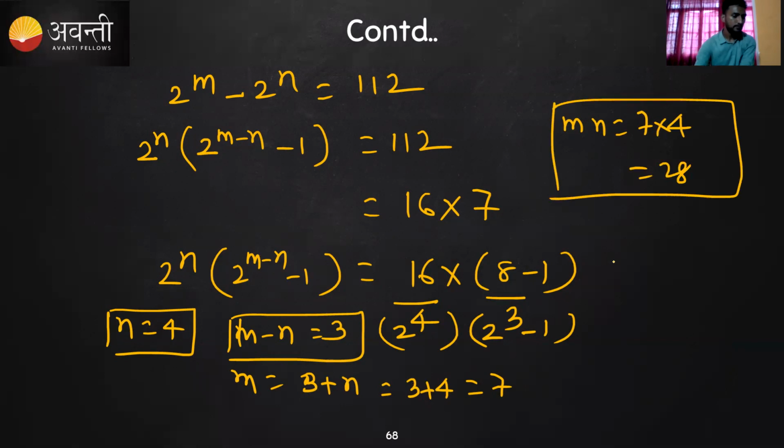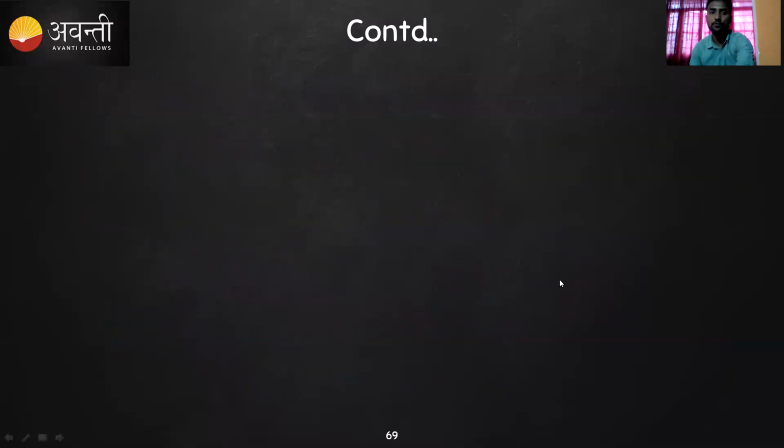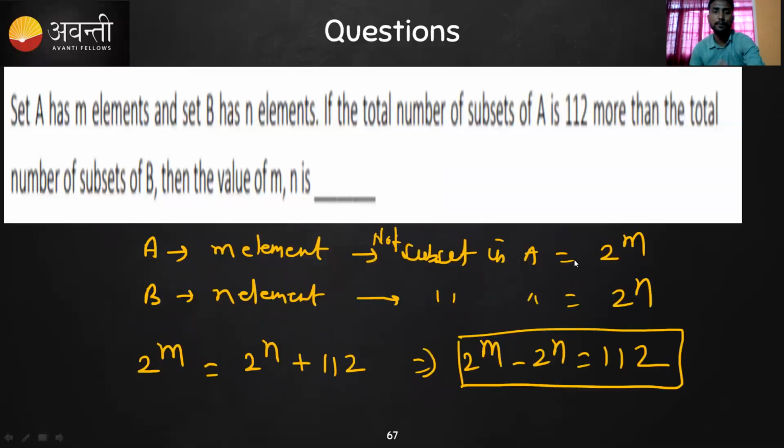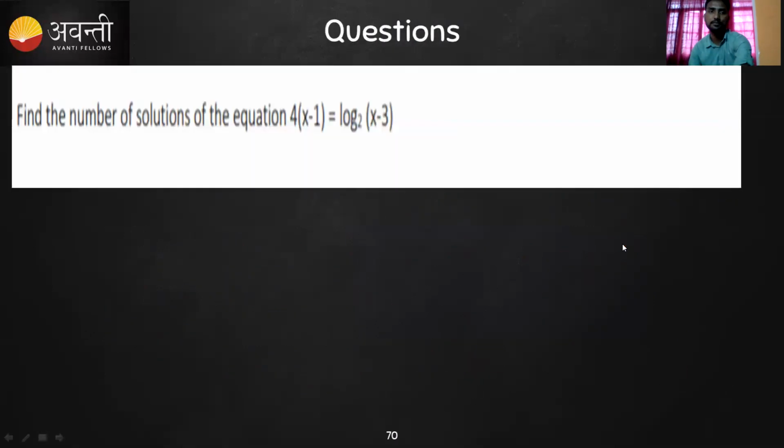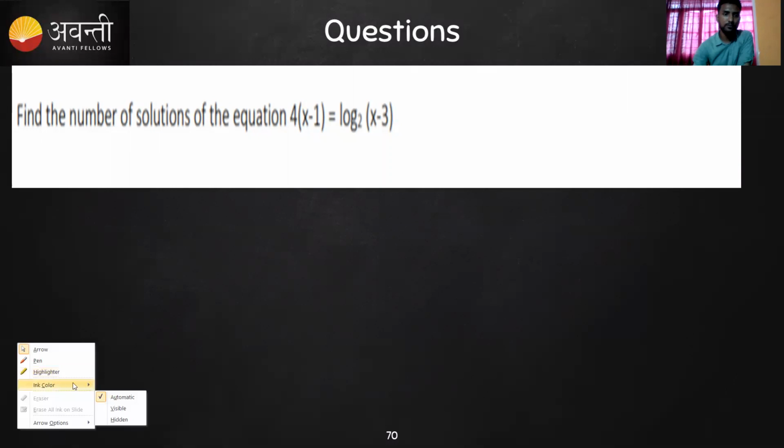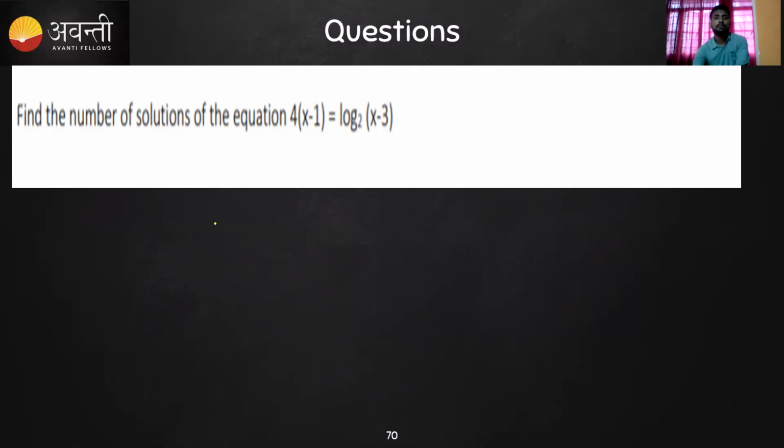Okay, guys, I hope it is understood to all of you. What we have done is, we know the number of subsets in any set having n elements is 2 to the power n. So I used this formula, this property, and simply found this. Okay, so now the last problem that we are going to discuss. It's been a long class, but I hope you patiently listened to all these things.